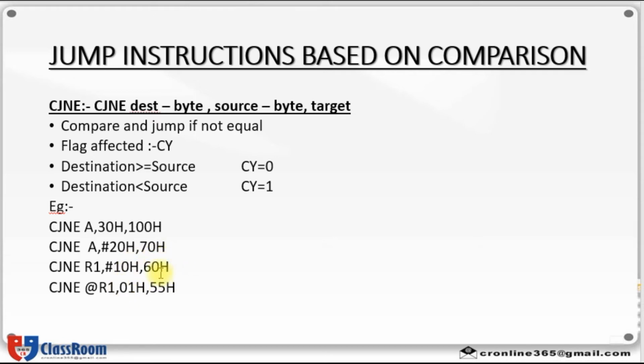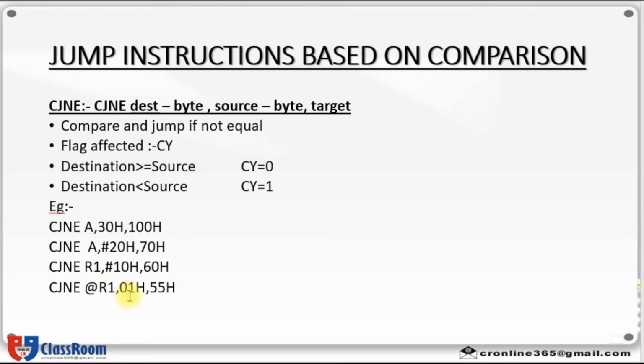this 60H address location. Then fourth example CJNE @R1, #01H, 55H. What is the meaning of this? Contents of R1, that is R1 pointing to some address, that address contains some contents.